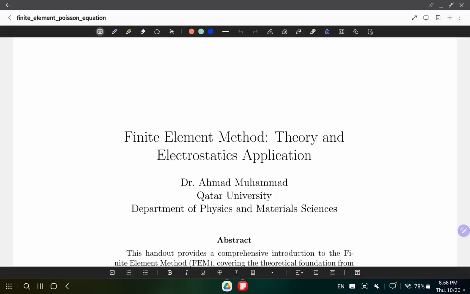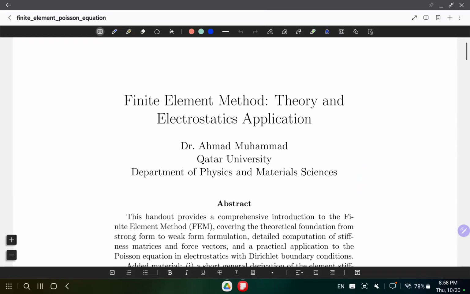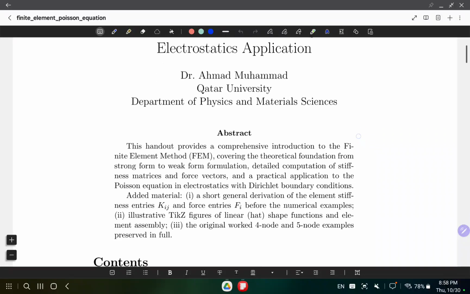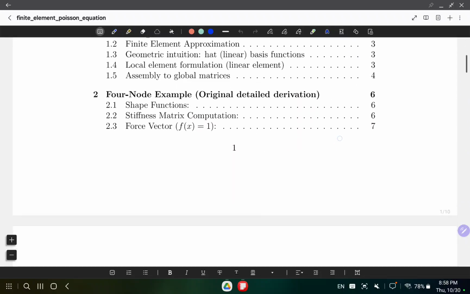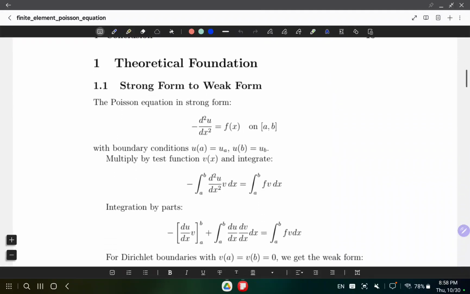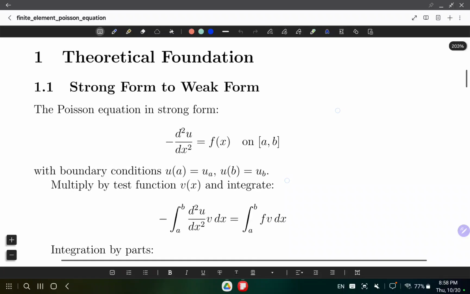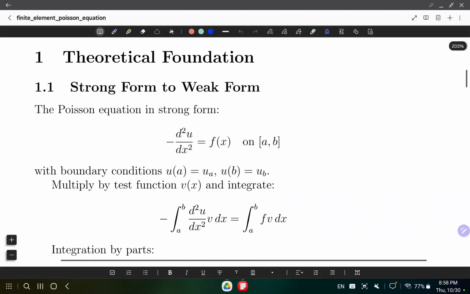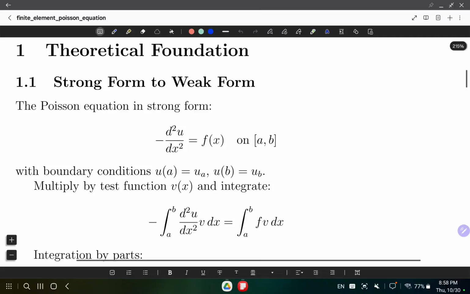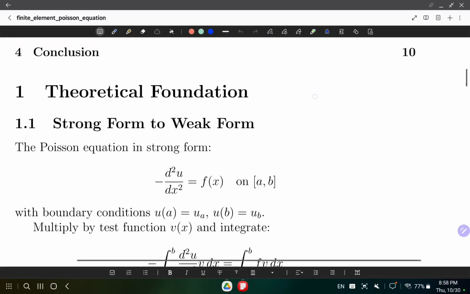All right, let's look at the finite element method and its applications to the Poisson equation. This is called the Poisson equation. To apply the finite element method, we are going to follow these steps. One